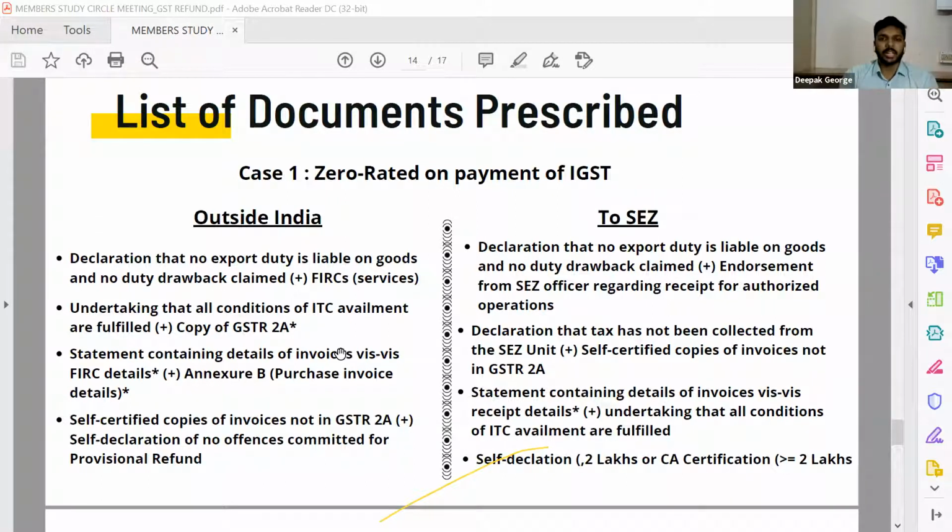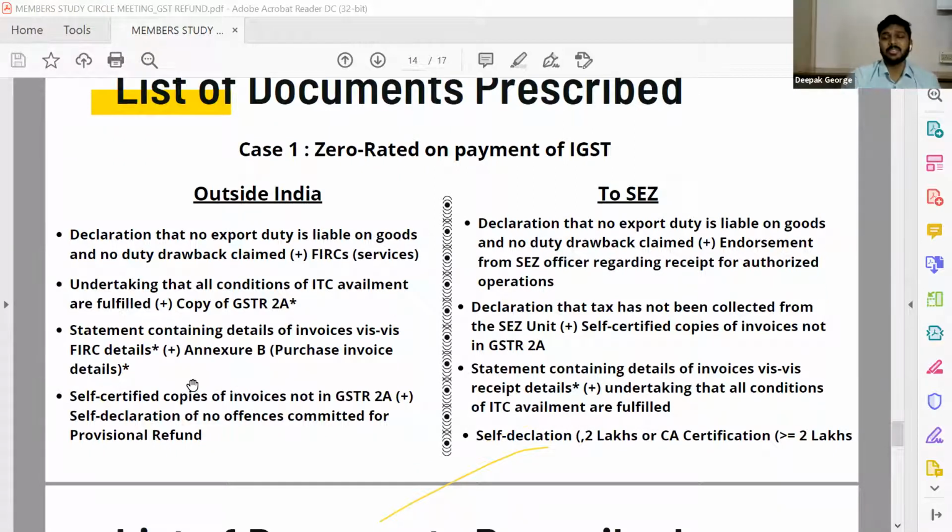If you're only doing an application without any sort of documents, the very next day you can get a deficiency memo. Why not a memo? Even a rejection order, that you have not even read the section of the rules and you're making the application. So this circular is very important. When I read this circular in depth last month, only then I came to know that there are so many documents, so many declarations and self-declarations that the SSC should arrange for and upload